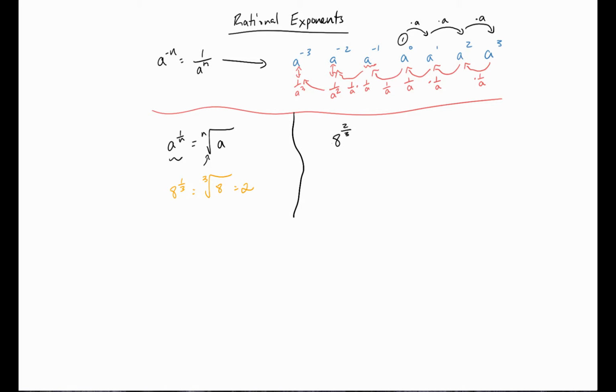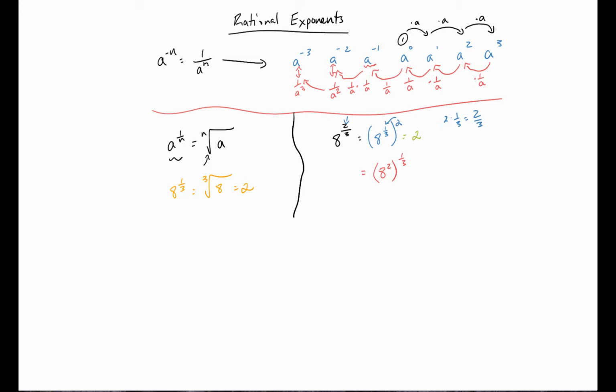Well, I could rewrite this two different ways. I could rewrite it as 8 to the 1/3 squared, right? And I can do that because I know that 2 times 1/3 is equal to 2/3. So I get back to here using my exponent rule. Or I could rewrite it as 8 squared to the 1/3 power. Both are correct. However, if possible, getting smaller first is going to be easier because in the first example,